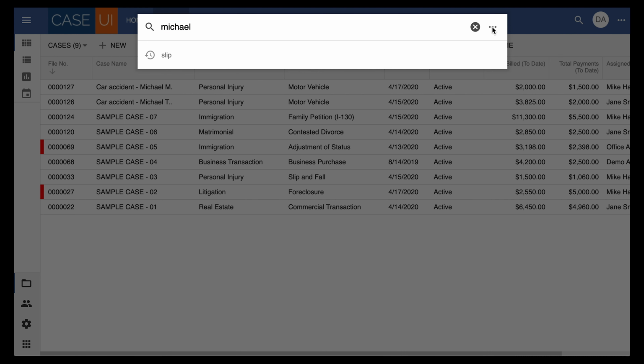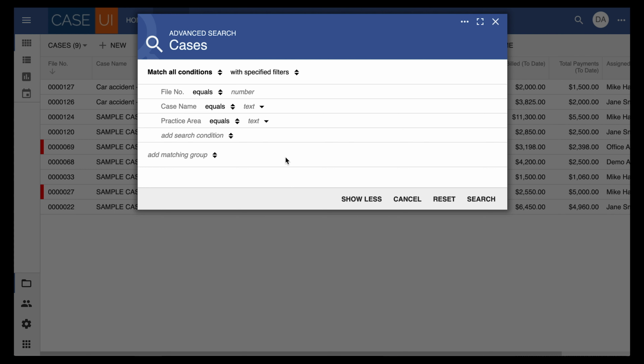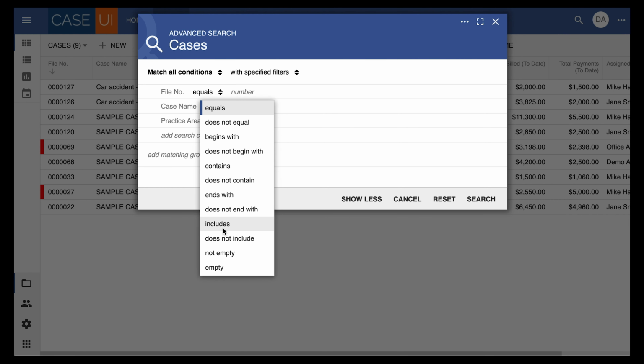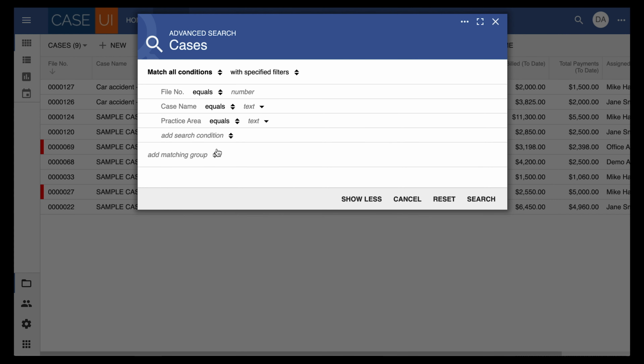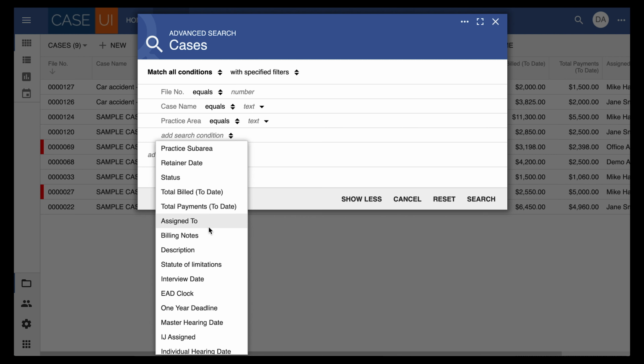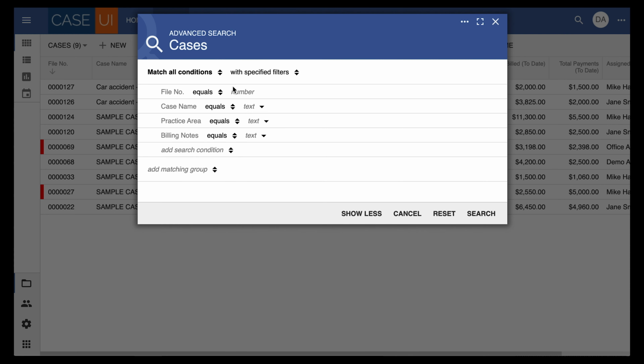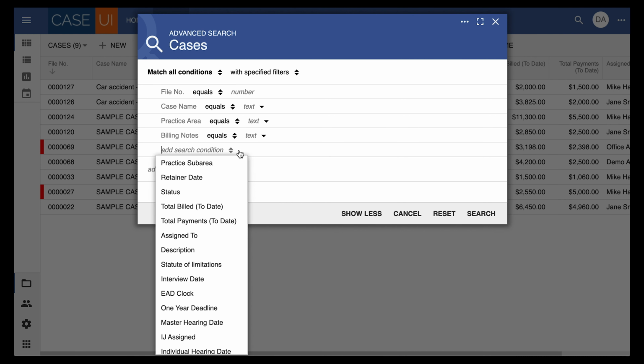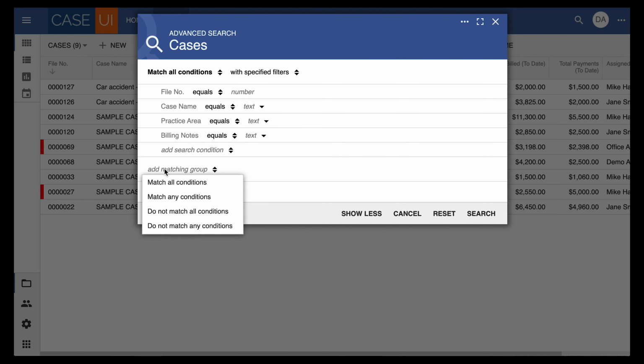Here are the 3 dots, so show more, and you can get into the advanced search where you can target each specific column with different operations and different filter mechanisms. You can add more columns to your filtering set. You can choose to match all the conditions listed here, or any of them, or none of them.